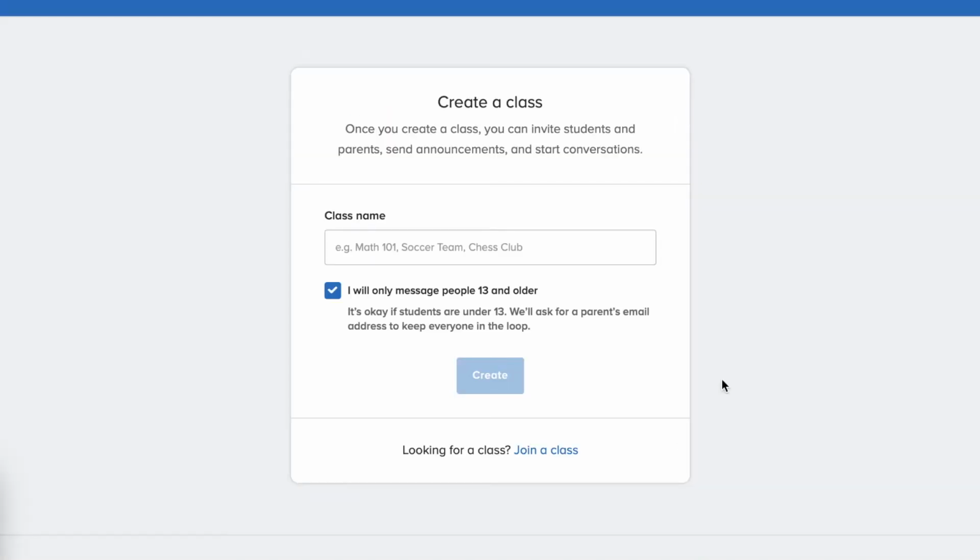Remind is an excellent communication tool for you to keep parents in the loop and aware of everything that is happening in the classroom. So when you log into your new account, it will first ask if you're a teacher, student, administrator, or parent. So you'll select teacher, and then it will have you enter your class name. So you could do like your last name, homeroom,